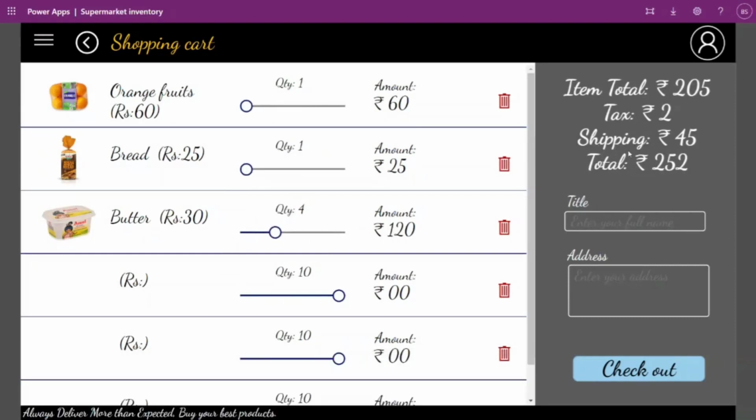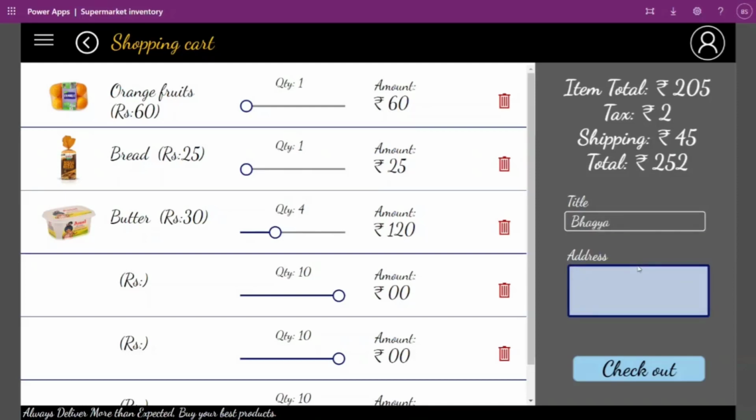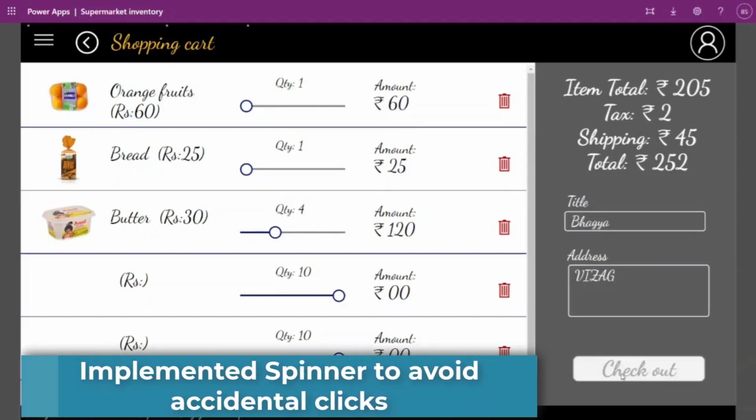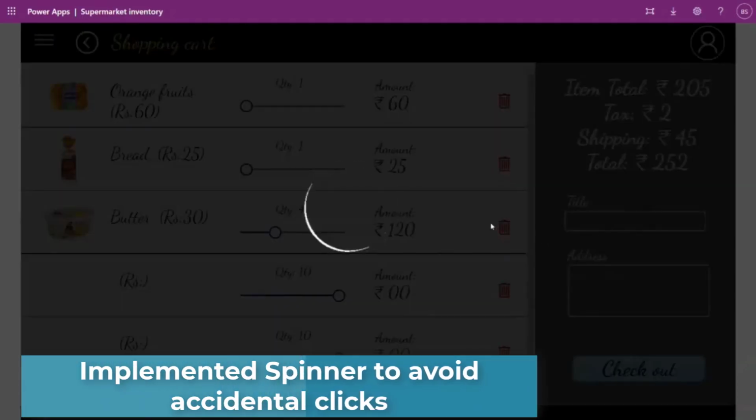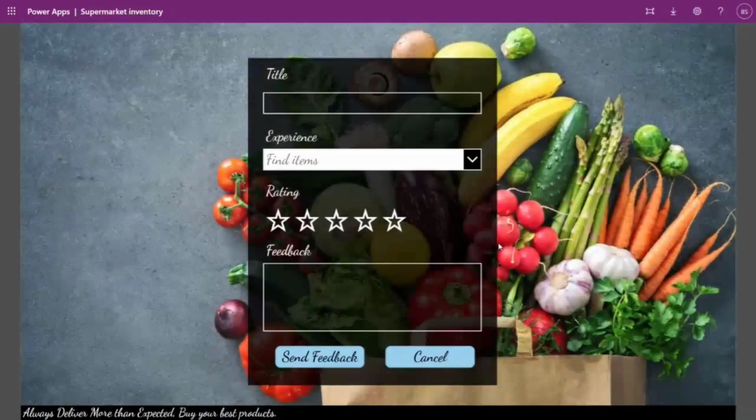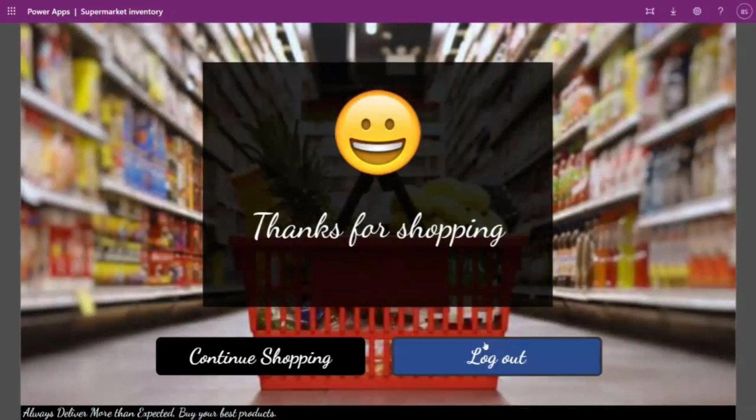In this, I used all the math functions which are part of Power Apps. Here title, name and address. After checkout, it will bring him to the feedback page, then log out.